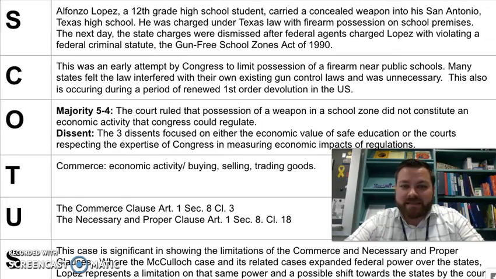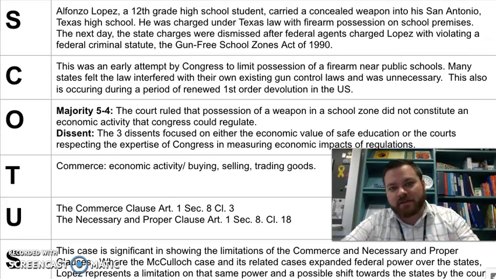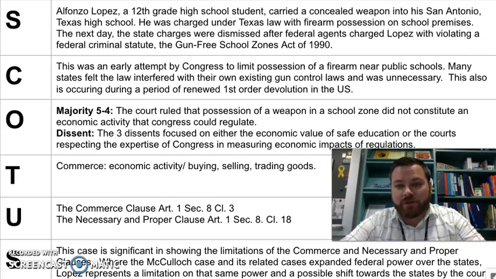But they dismiss the state charges because there's a higher order set of charges that the federal government can bring because of the Gun-Free School Zones Act of 1990. And that was a federal law that prohibited carrying firearms within a school zone. And so since that is the more severe charge because it's a federal law, it took precedence and they dismissed the state court charge of possession of a firearm. So Congress is doing this, ostensibly for a good reason, keeping guns out of school zones, keeping people with weapons